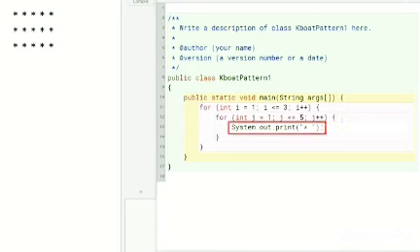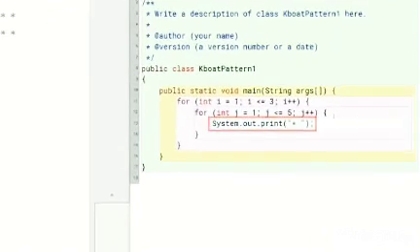Notice that I have written system.out.print, not system.out.println. The inner loop controls the number of terms getting printed in each row. If I write println instead of print here, then each star will get printed on its own line. We don't want that. We want the stars of a row to be printed next to each other. For this reason, we have used print and not println. Let me show you what will happen if I write println. That will make it clear.